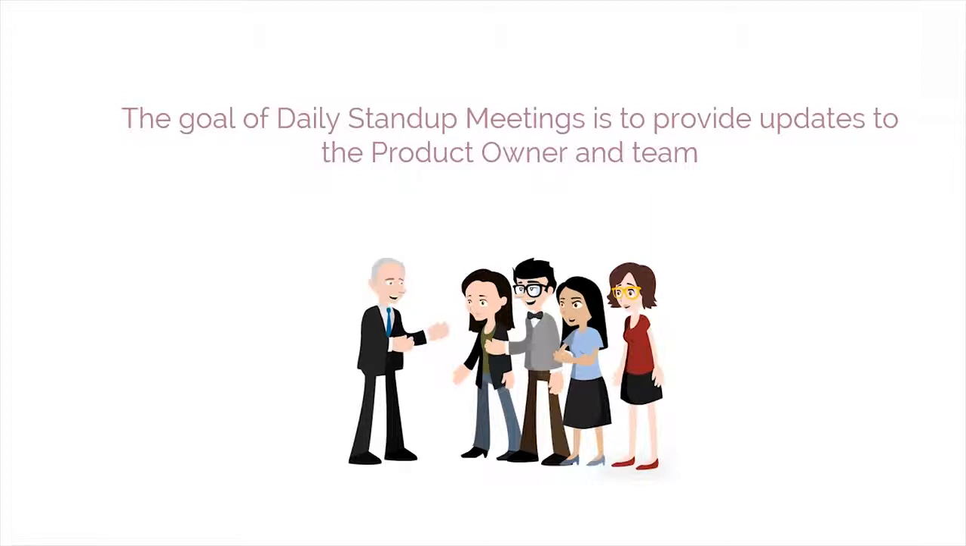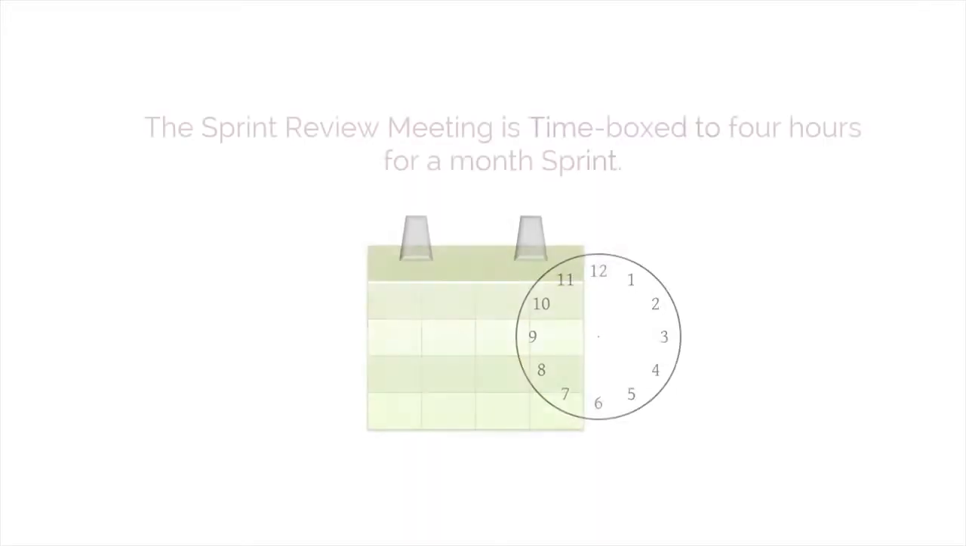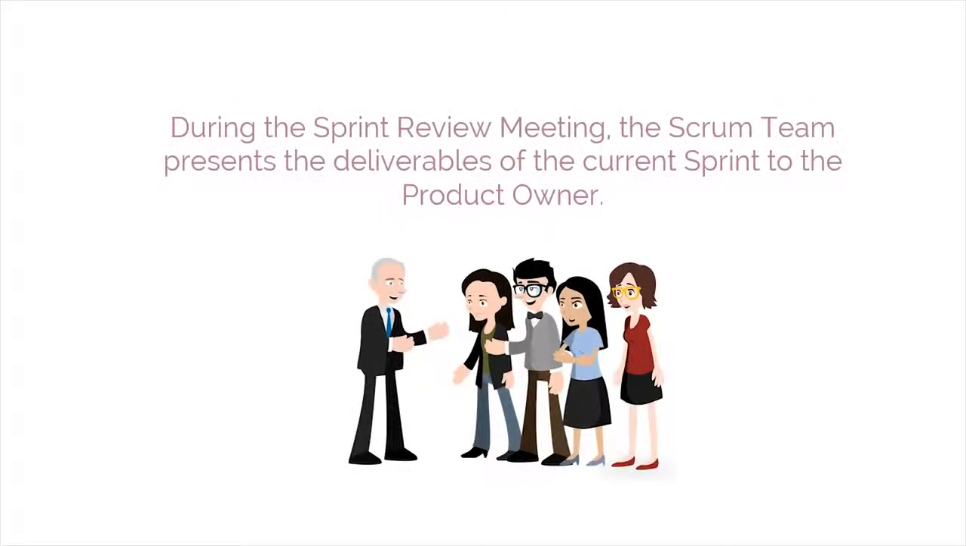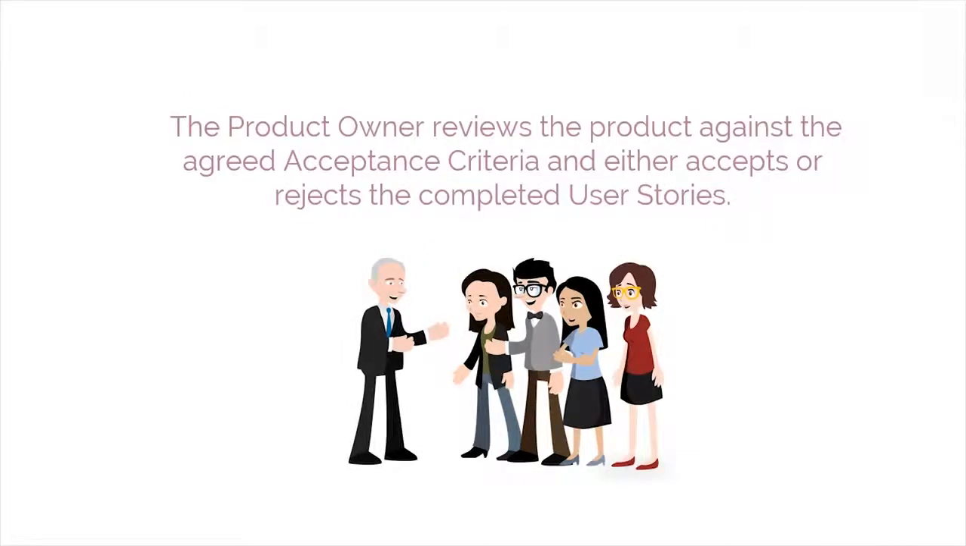Next, in this mock product development exercise is the implementation of Sprint Review Meeting and Retrospect Sprint Meeting. First, let's discuss the Sprint Review Meeting. The Sprint Review Meeting is time-boxed to 4 hours for a 1-month sprint. During the Sprint Review Meeting, the Scrum team presents the deliverables of the current sprint to the product owner. The product owner reviews the product or product increment against the agreed acceptance criteria and either accepts or rejects the